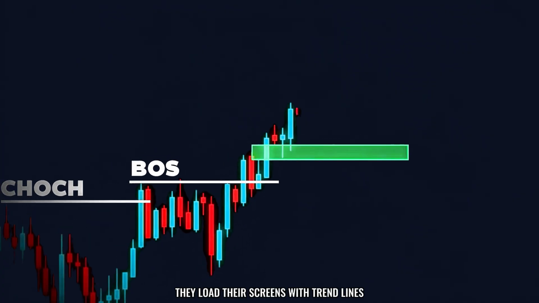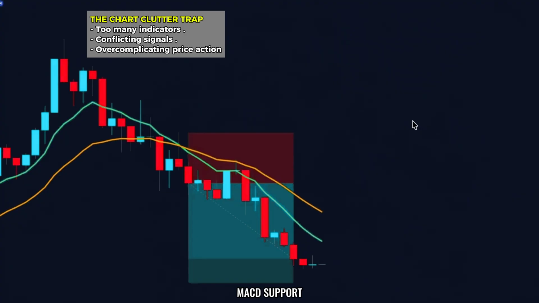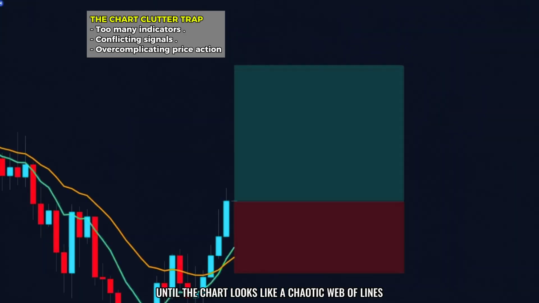They load their screens with trend lines, Fibonacci levels, RSI, MACD, support, and resistance until the chart looks like a